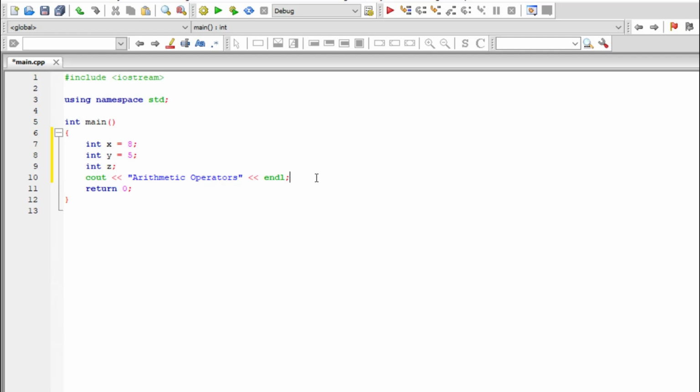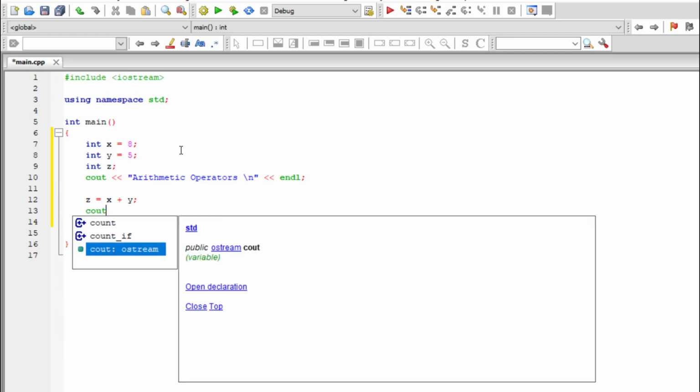Alright, let me give a space by introducing this calculator right in here. So I'll say z is equal to x plus y semicolon, and let's say cout